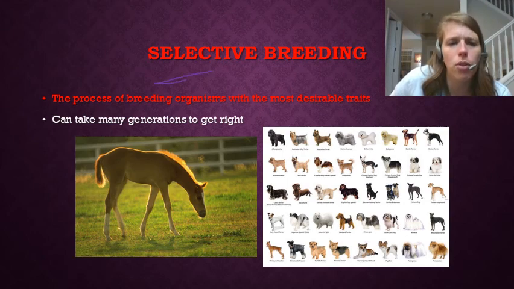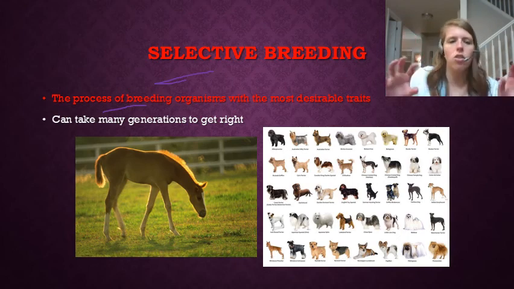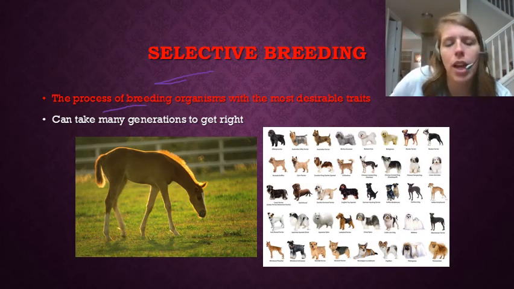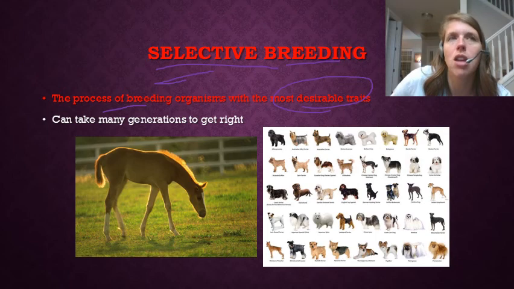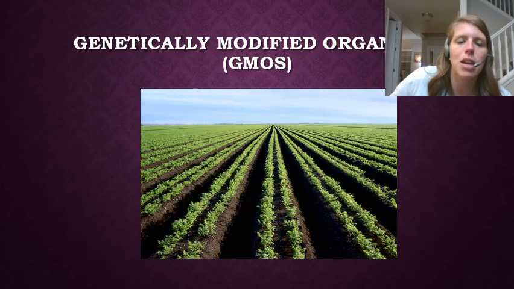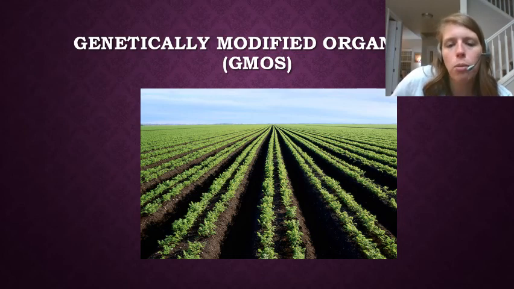Anyway, we talked about this already. Selective breeding is when we breed dogs or horses or different animals to get a desirable trait. We're always looking for something, right? We're selectively breeding. This is not natural selection. This is selective, like man-made. Over time, humans have